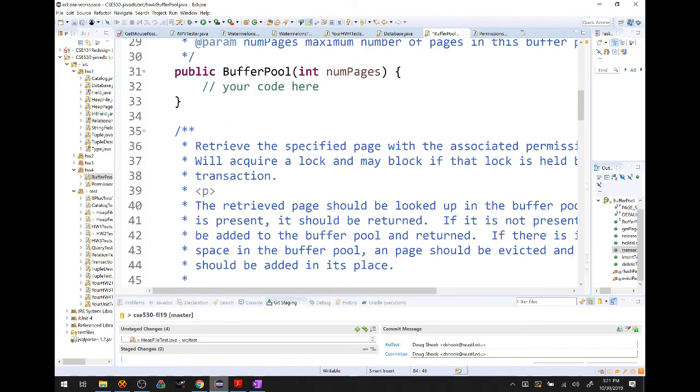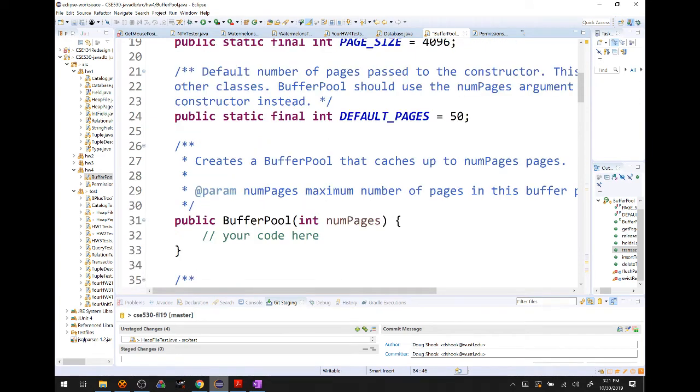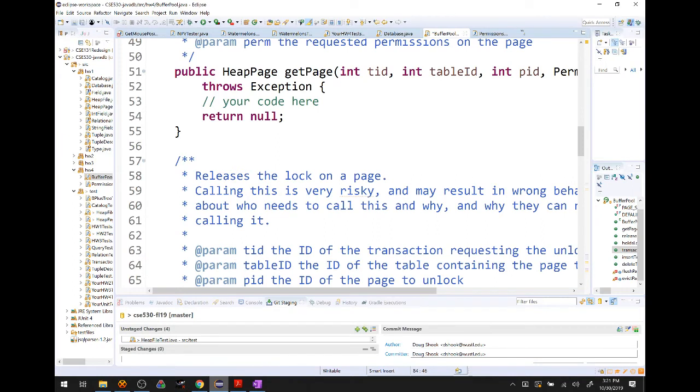And then last but certainly not least, actually a couple things, and then we'll talk about testing like we usually do. Deadlock. We spent a lot of time talking about deadlock today. Deadlock's a possibility here as well. And so, as I mentioned on Monday, you're going to have to do something about that. You're going to have to implement one of the deadlock techniques that we talked about on Monday.